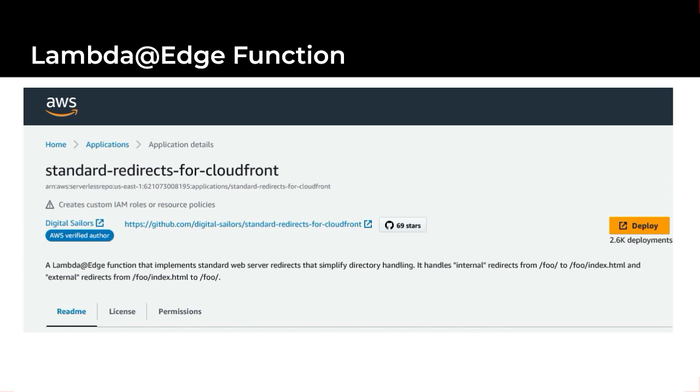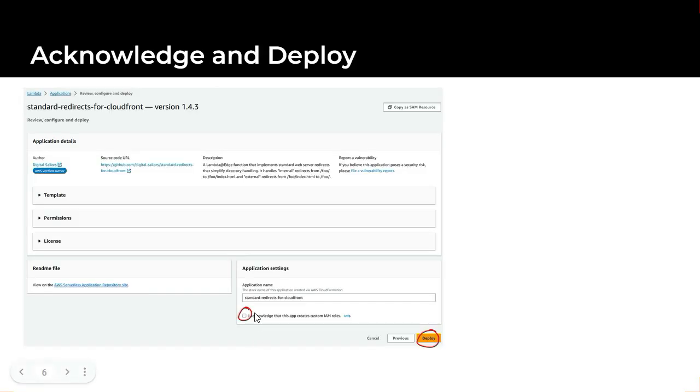Fortunately, this is such a common problem that other developers have created a fix for us using a Lambda edge function. This is the solution I'm using, standard redirects for CloudFront. I've put a link to this in the video description. The deploy button on the page will take you directly to a page where you can deploy this Lambda edge function. All you have to do is acknowledge that this app creates IAM roles and click deploy. This uses CloudFormation to deploy the function, so very similar to what we did to launch the static site resources